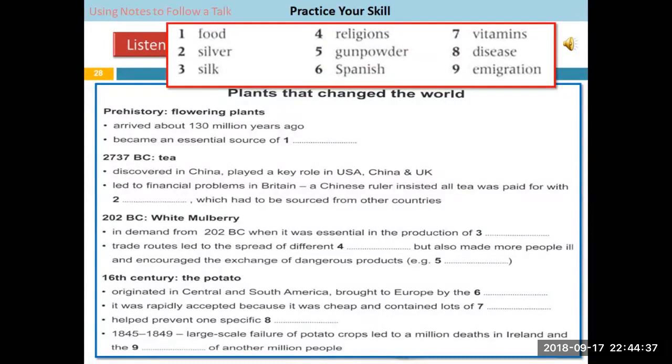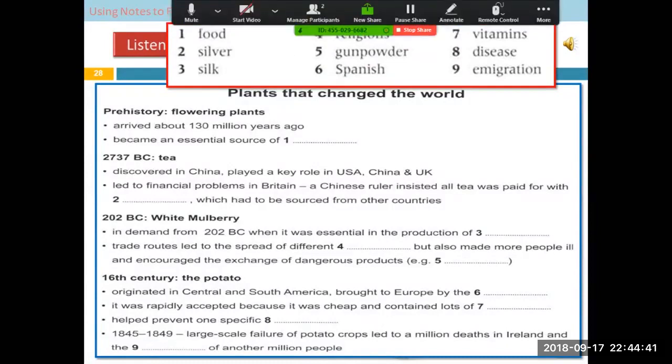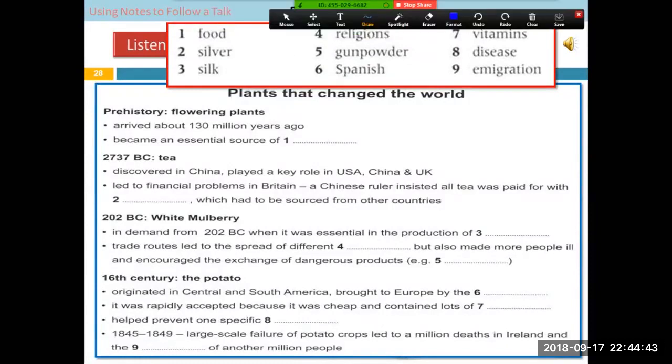Right, the first one was food. Please remember, particularly for this exercise, a lot of synonyms were used. Otherwise, it was confusing. Were you confused about question number 1 in 2 words? I'm forgetting the first word that might have confused you. Existence, exactly. But I chose that, but it became an essential source.